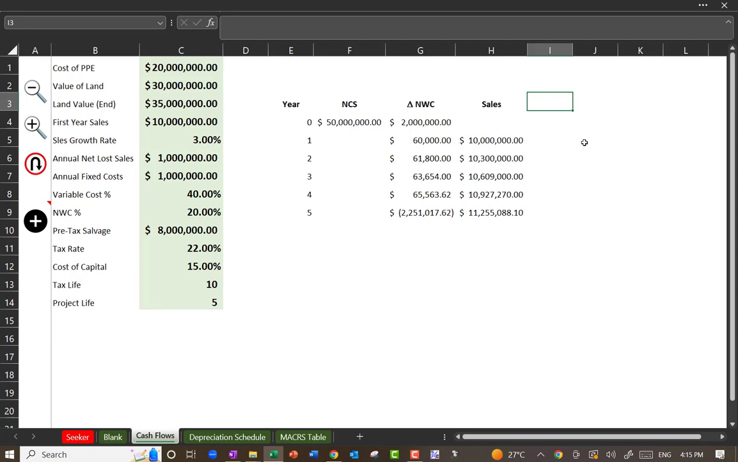Okay, if I know sales, let's call these new sales. Let's calculate gross profit. Actually, copy that. I'm gonna take new sales, from that,